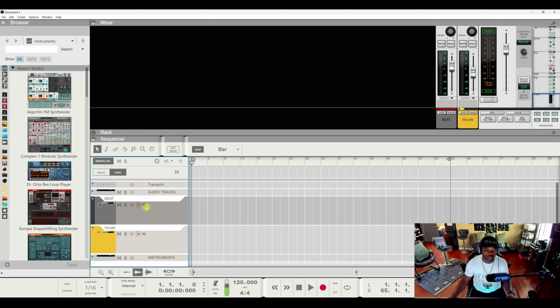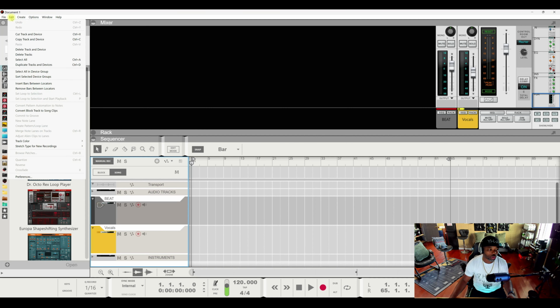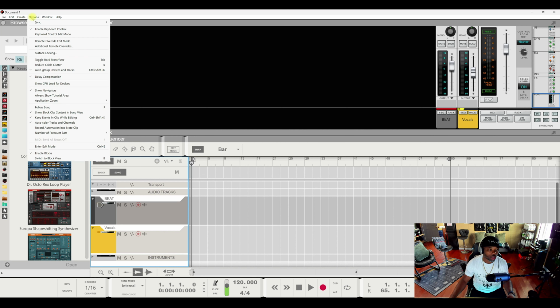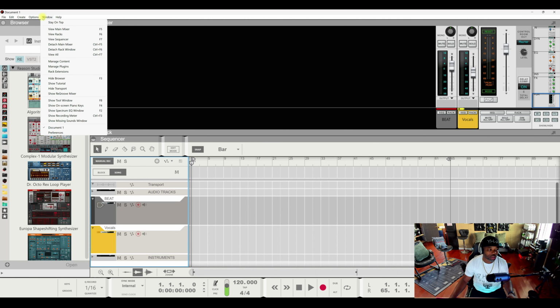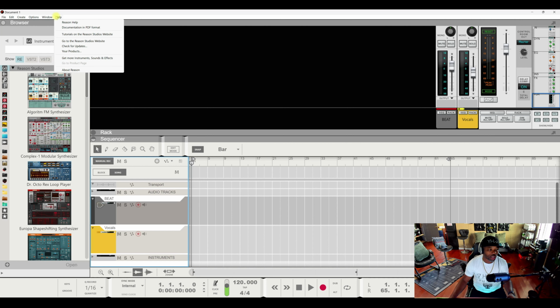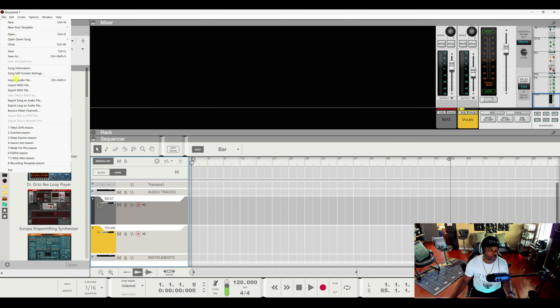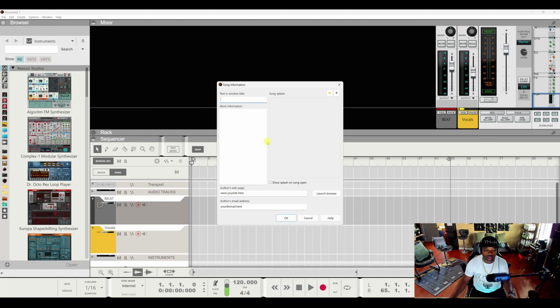So a lot of the time we need reminders. And this is a key thing that's very important, even though we still have the option inside. Let's go to it right quick. It's like a so-called somewhat metadata. To me, it's not real metadata, because it's not like you can export the music out. Hold on, where is that? If I remember, song information. You got this right here, right? This is cool, I always love this, but it's not like if you export an MP3 out, the metadata would be on the MP3 file. That's the part I understand, why they haven't done that, like how Studio One does it. But